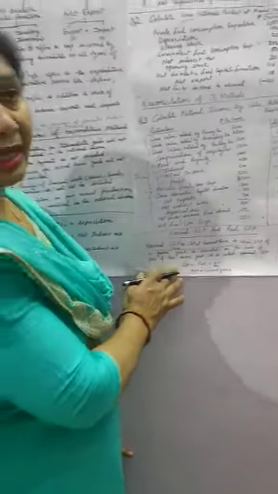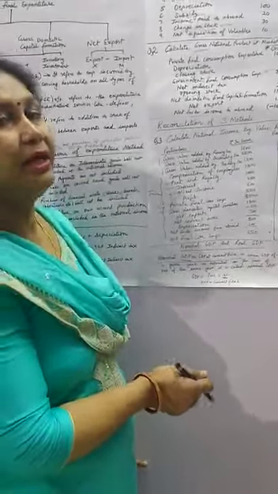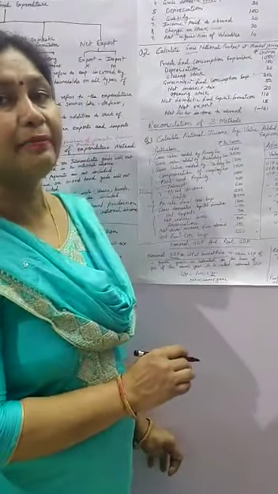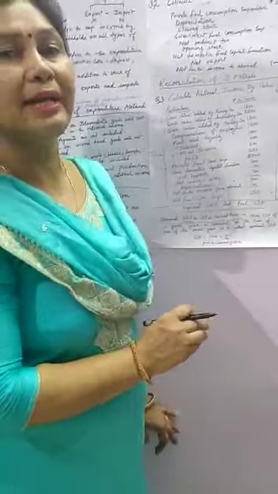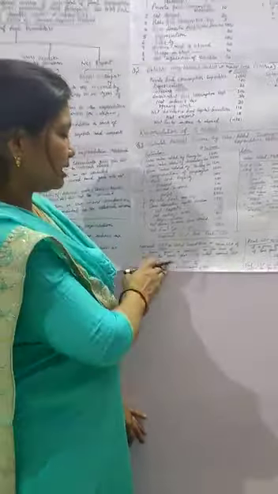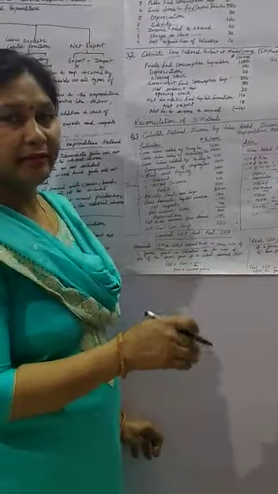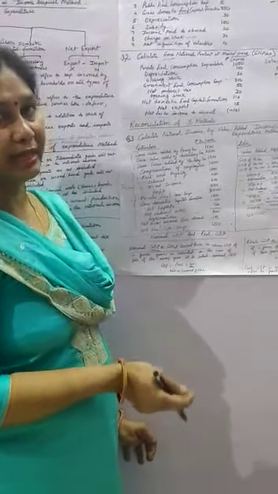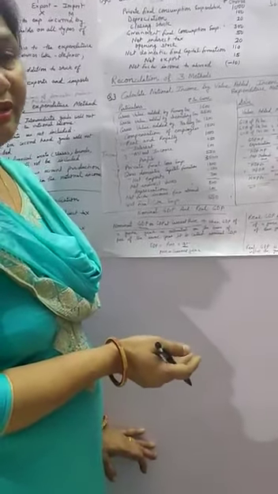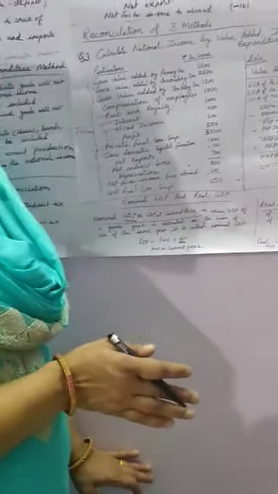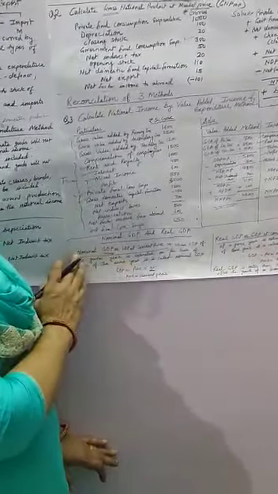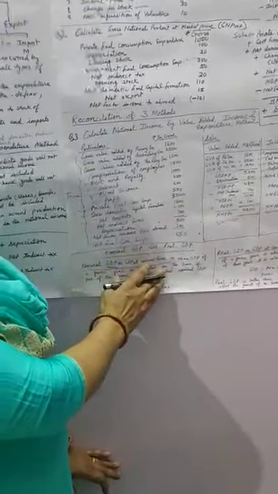But that GDP is known either as nominal GDP or real GDP. Nominal GDP means the GDP at current price. Current price means the price of the goods and services of the current year, that is, the same year in which you are calculating the GDP or the national income. Suppose we have to calculate the GDP of 2020. So you have to take the price of the goods and services of 2020. This is known as the current price. So that is known as nominal GDP, or GDP at current price.